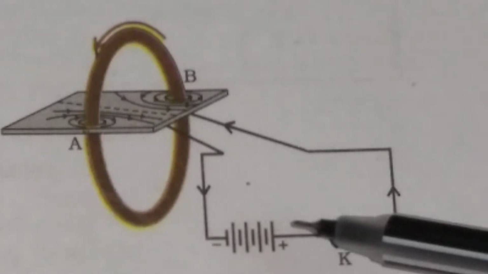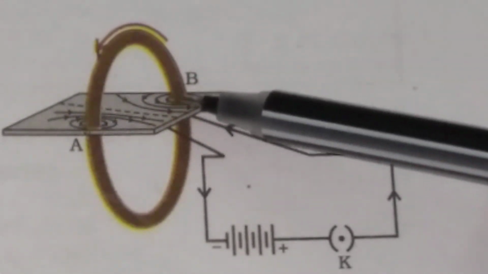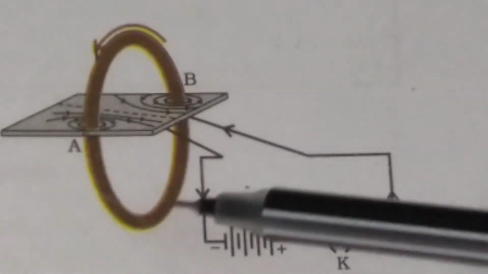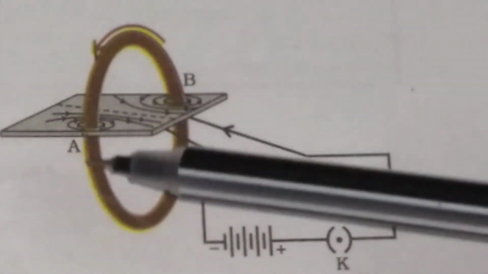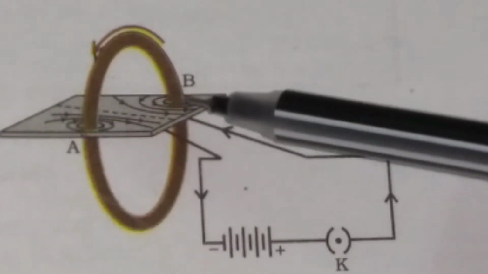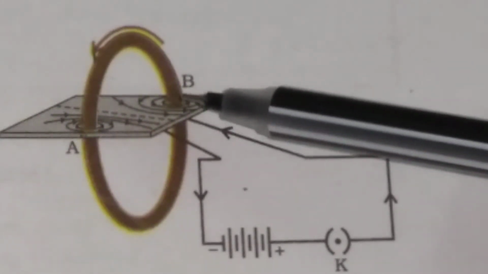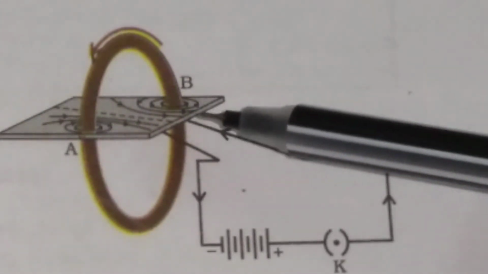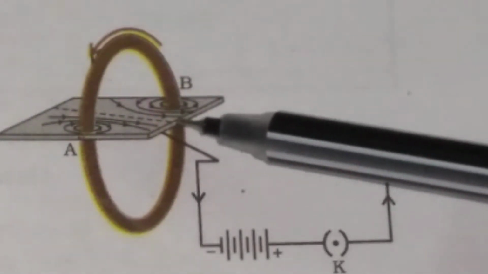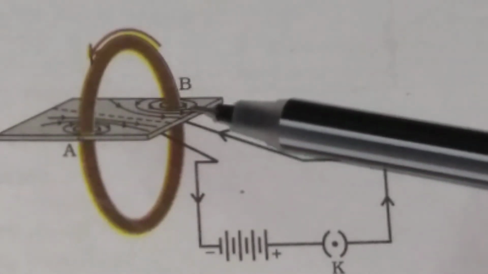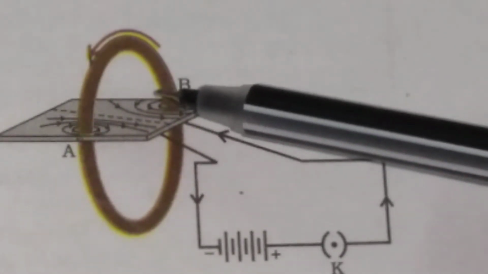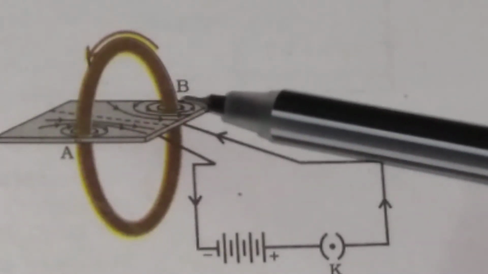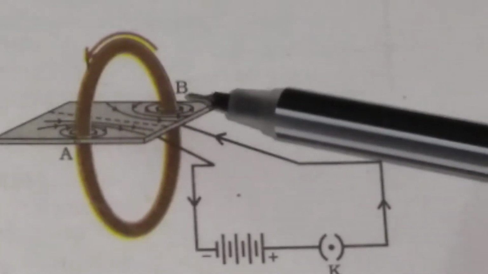You see, current is entering through the coil from here, and the current is moving through the coil in this direction, that is anti-clockwise direction. Since the current here is moving in upward direction, applying your right hand thumb rule, the magnetic field produced here will be concentric circles, and the circles will be in anti-clockwise direction. You see, here the circles will be in anti-clockwise direction.